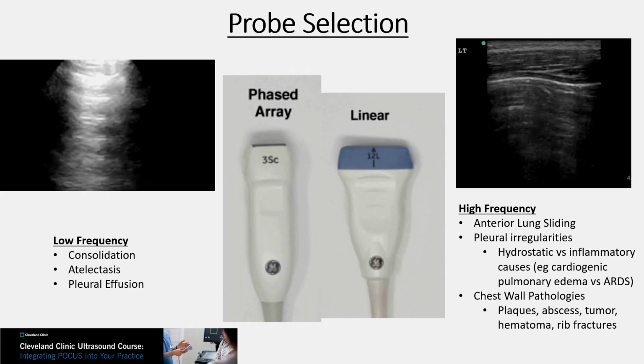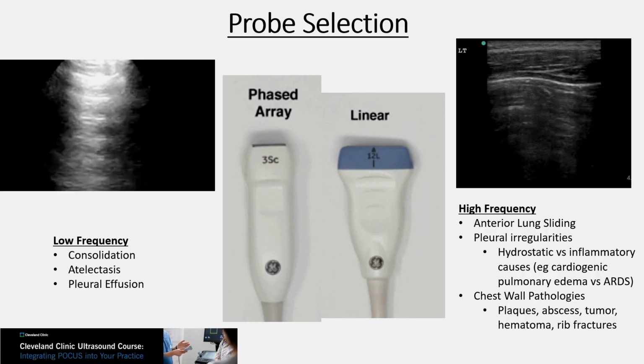The probe selection for lung ultrasound can be used with the low frequency or high frequency probes. For low frequency, we typically think of using the phased array just because the smaller footprint allows us to see in between the rib spaces. A curved linear probe can also be utilized, however, will not be quite as specific to see the detail of the pleural line. Different pathologies that we think about when using a low frequency probe include looking for consolidation, atelectasis,